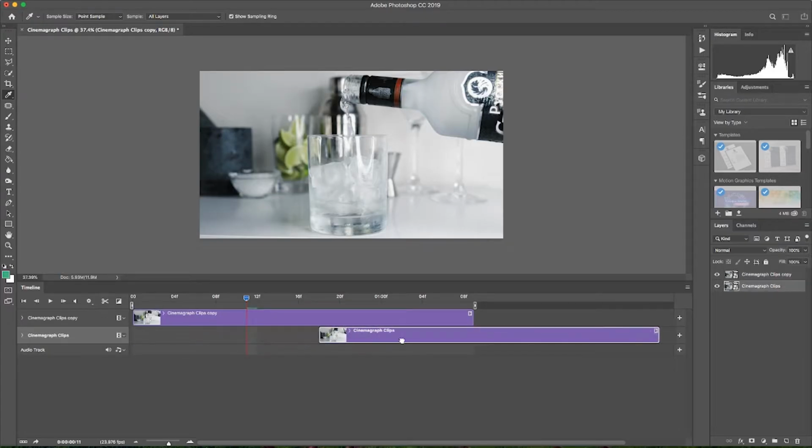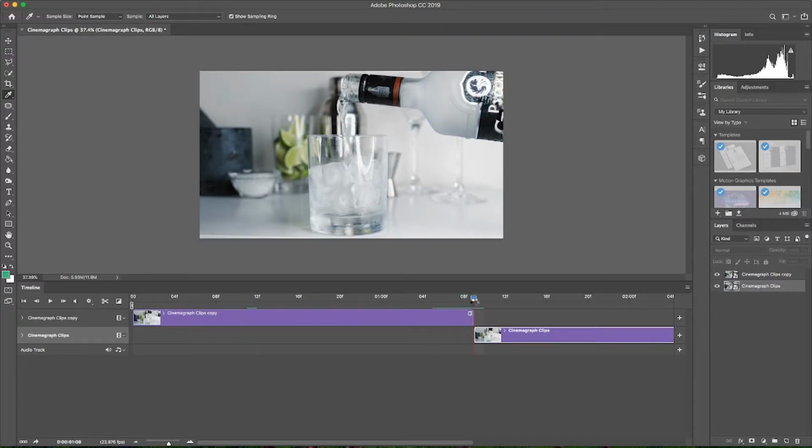When I first heard him talking about it, I had to listen to it about 3 times to figure out exactly what he just said. But if you just follow the steps, it works fine. What you do is with the second clip that you've just duplicated, you pull it all the way to the end to match up with the last frame of the first clip, and then you drag it